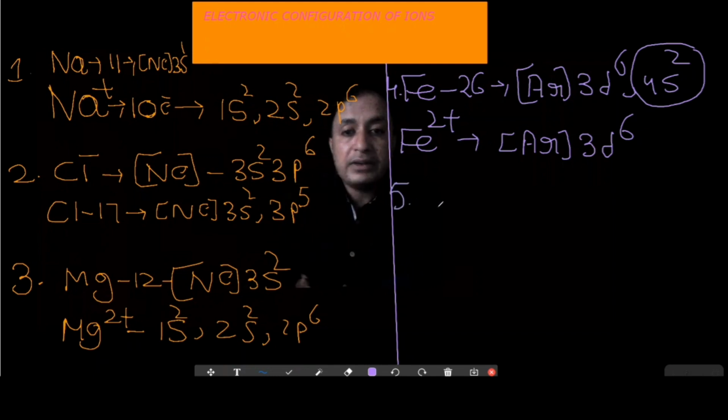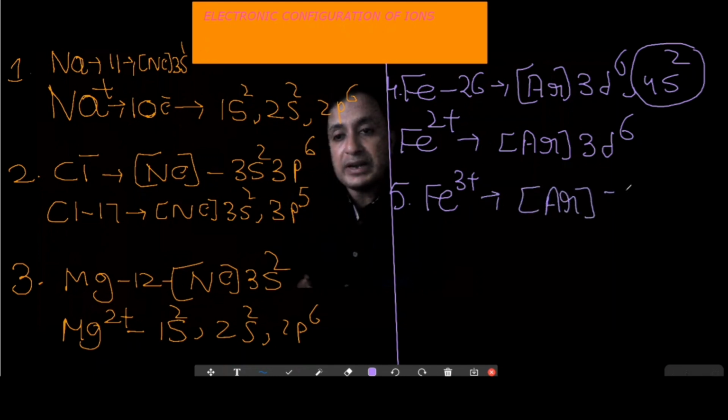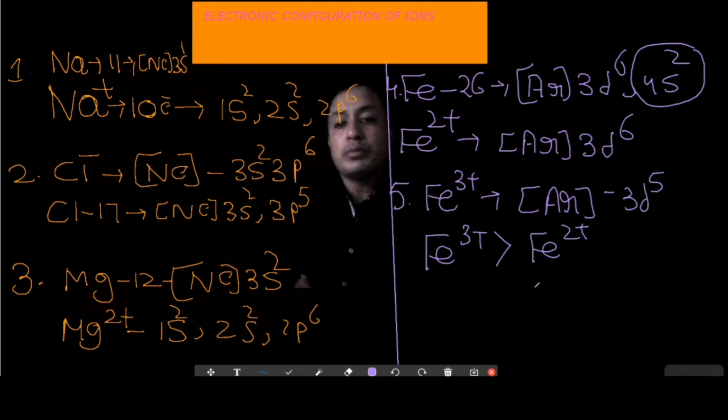Now suppose you have to write for Fe3 plus also, then the configuration will be simply by losing 3 electrons, you will be getting 3d5 over here. Now why I have represented both Fe2 plus and Fe3 plus, because I want to explain to you about the stability of the orbital also. Now one orbital which is having the half filled configuration is going to be more stable as compared to the incompletely filled orbital. So in such case, the Fe3 plus configuration is going to be more stable as compared to Fe2 plus. So the compounds of ferric are going to be more stable as compared to ferrous. Okay, that you must understand.